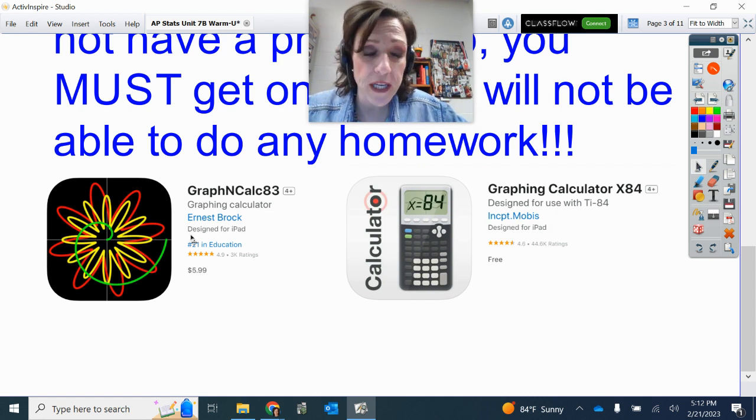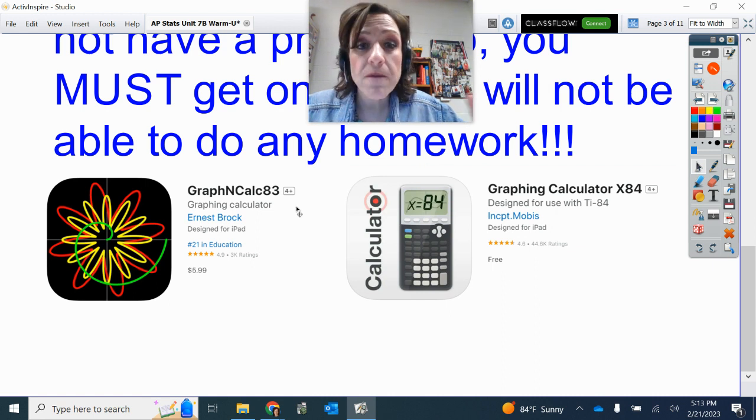This one is another one I have on my phone and I like it. It's not as pretty as this one. And it's called Graphing Calculator X84. It says it is free. However, I suspect, and I don't know for sure because I can't remember, I think there may be in-app purchases so that you have to make like the $5 purchase or whatever to be able to get the feature of the two proportion hypothesis tests and intervals and all the other statistical analyses that we do. So, once again,